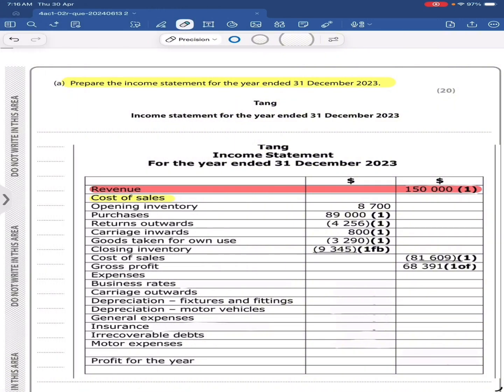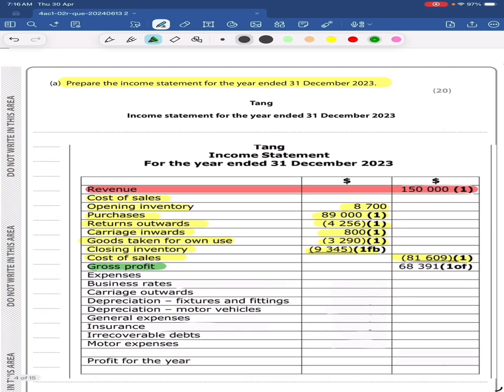There aren't any other income in this question. So we had figured out the cost of sales, and followed by that we have gross profit. Now let's list all